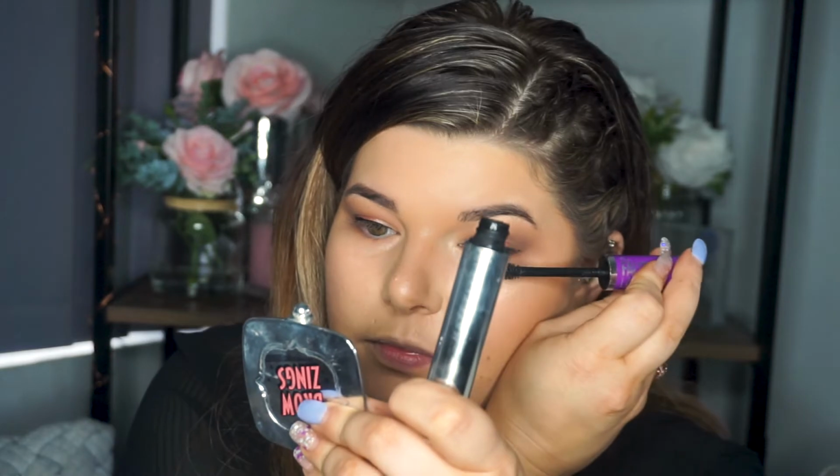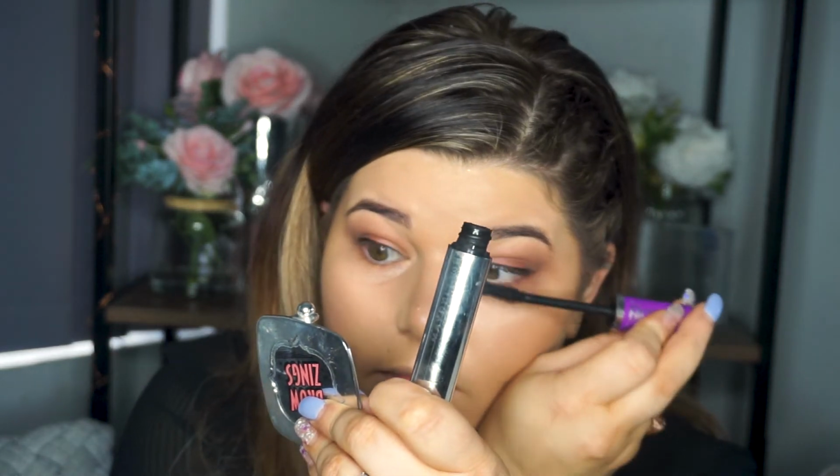I love to use the Maybelline False Lash Mascara. I am obsessed. This is by far my favorite mascara at the moment. So now that that is on and done,